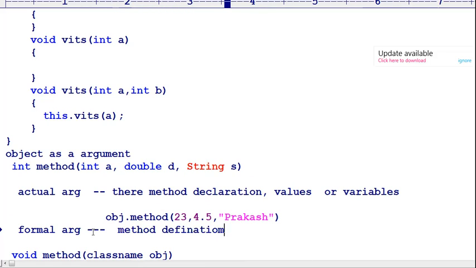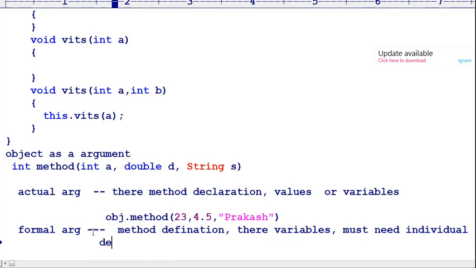At method definition, there should be variables, not values, and each must have an individual declaration. So we go for individual declarations.